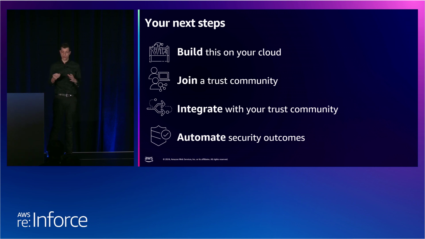Step three, integrate with your trust communities. Consider your organisation, your sector, and any gaps in your current cyber situational awareness, and then seek out a trust community that can be mutually supportive. Trust communities often organise themselves around shared characteristics or interests, such as geographical regions, industrial sectors, business interests or threats. And many of these communities, like the Financial Services Information Sharing and Analysis Centre, also have a global reach as well. So you may not be in the exact location, but a lot of these players will be global in nature.